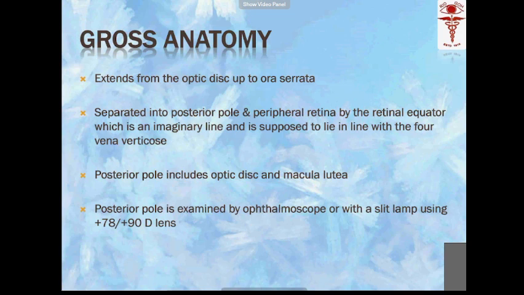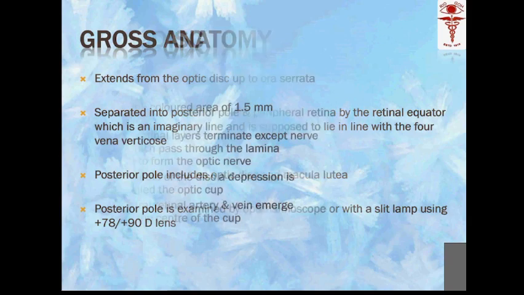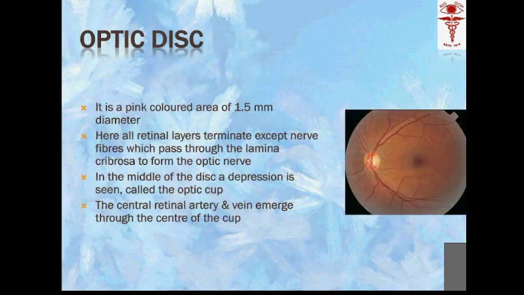So the posterior pole is usually examined either by a 78D lens or a 90D lens, and also by an indirect ophthalmoscopy lens. So, able to see, this is the optic disc, this is the superior vasculature and inferior. On the medial side, this is the supratemporal retinal artery, this is the retinal vein. This is again an artery, the thicker one is the vein. The central 30 degrees is what we call the posterior pole. And this part, between the upper vascular arcade and the lower vascular arcade, is the macula.